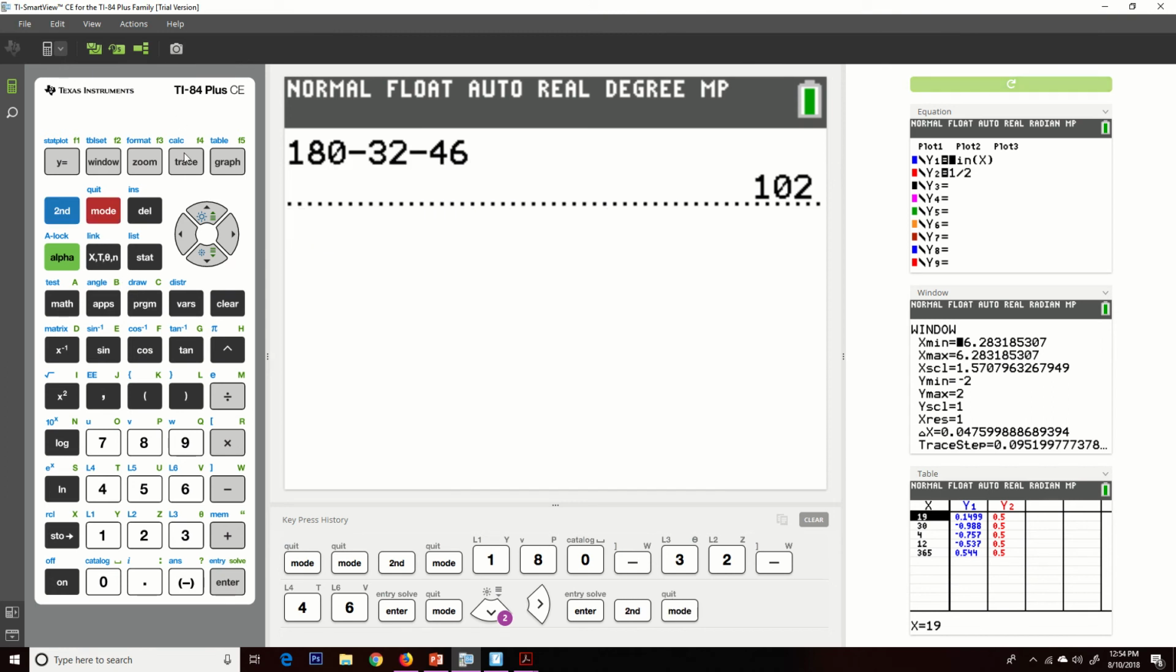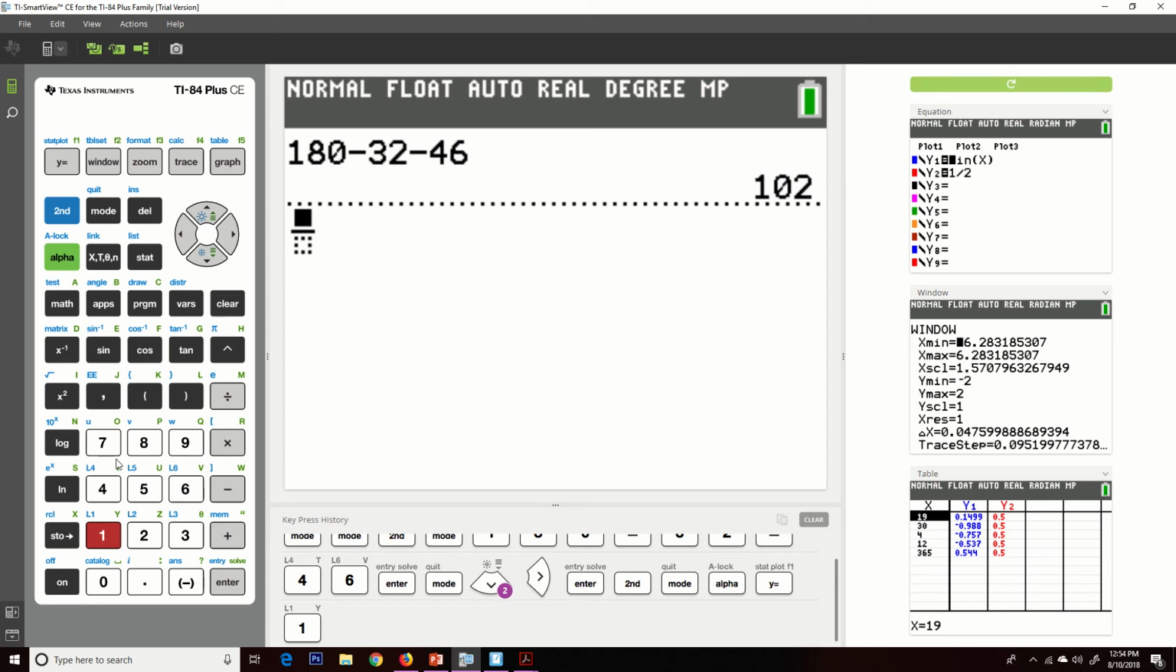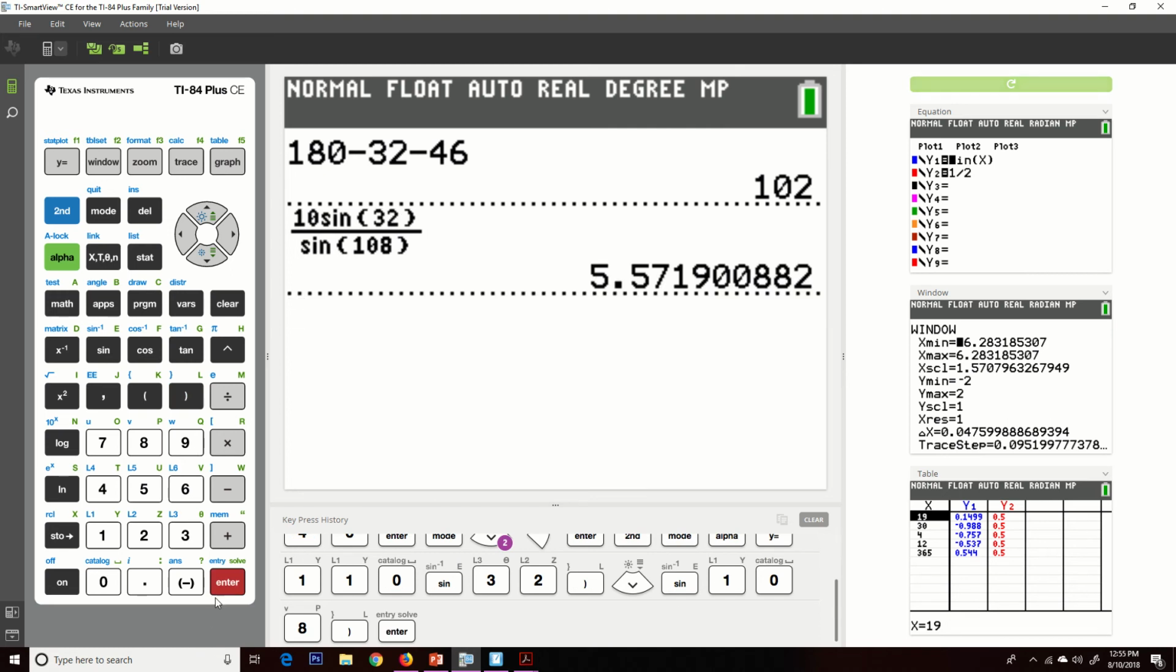Hit quit, and then I'm just going to type the expression from the last page into the graphing calculator. I need a fraction there, so I'm going to go alpha 1 and bring up my fraction bar. It was 10 sine 32, divided by the sine of 108. Close that parenthesis, hit enter, and we get